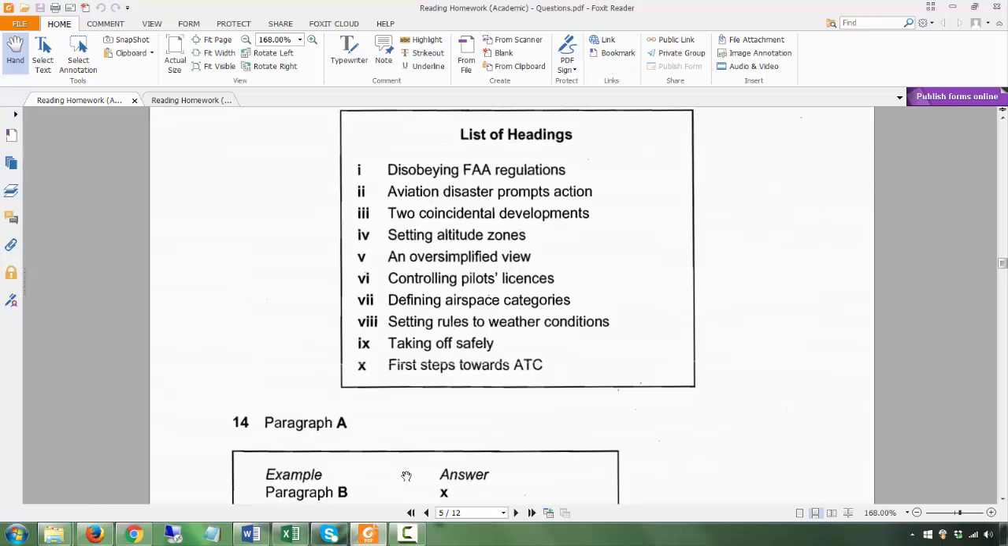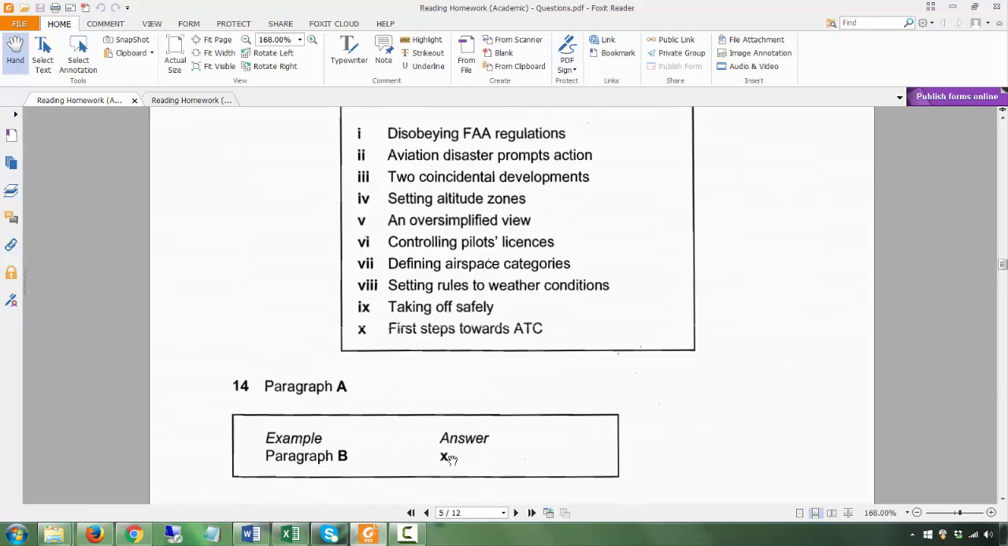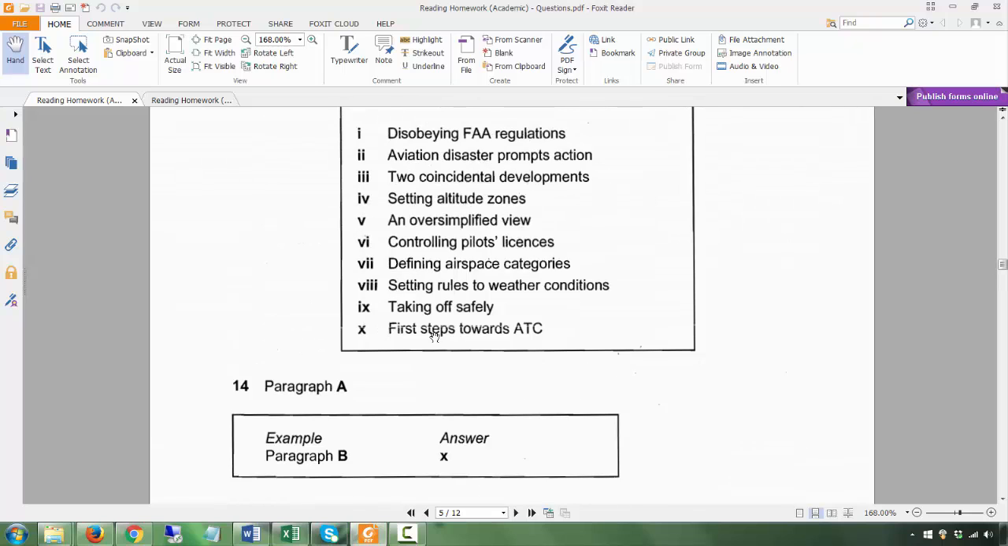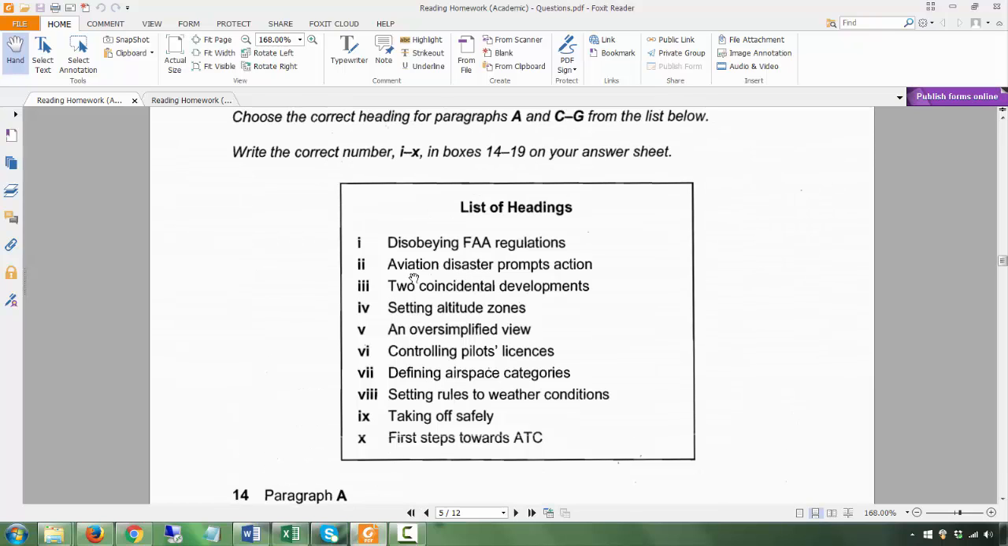All right. Paragraph A. Now paragraph B is already done for you. So, you can cancel X out. Okay, let's go to paragraph A. Paragraph A, the answer is going to be 2. Aviation disaster prompts action. So here the keyword is disaster. Some kind of disaster. Prompts means it results in something. It causes something to happen. Okay, and some disaster caused some action to happen. All right. This is in